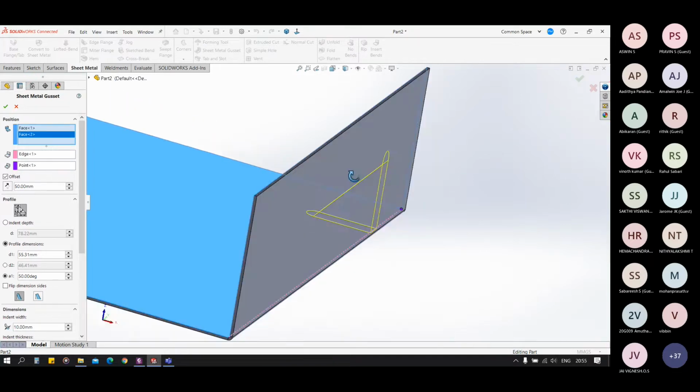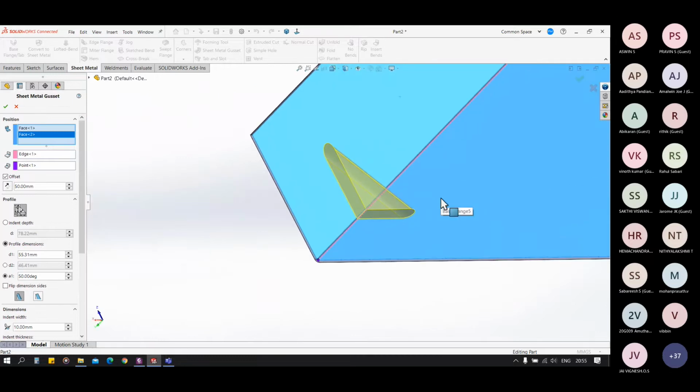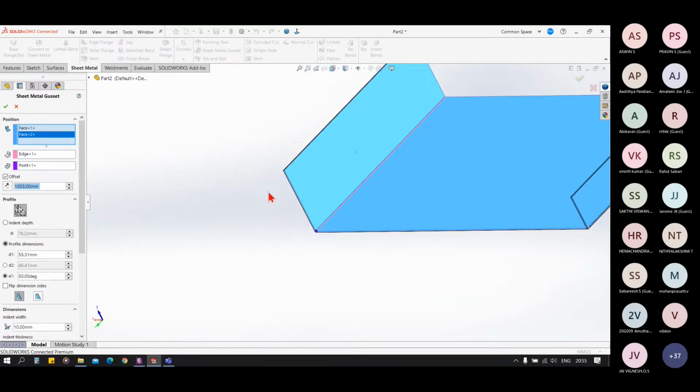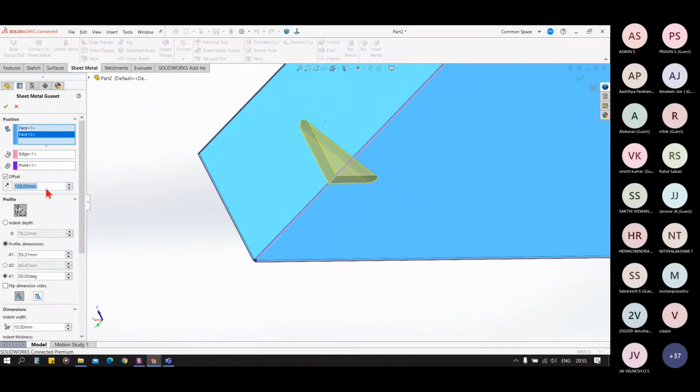And you can see the preview for the gusset. Now we have different parameters for control. We can change its offset value from this edge. We can have it at 100 mm distance. Sorry, I misspelled it. We can have it using the distance.